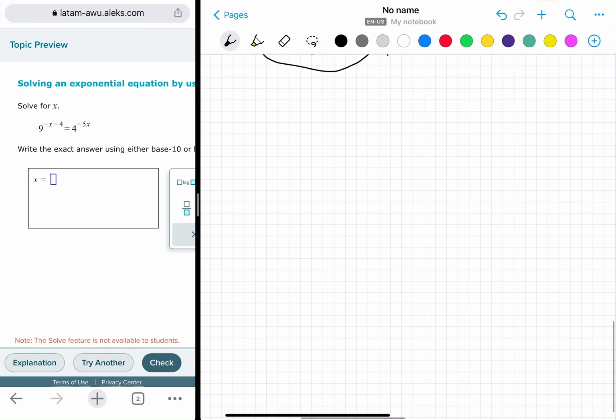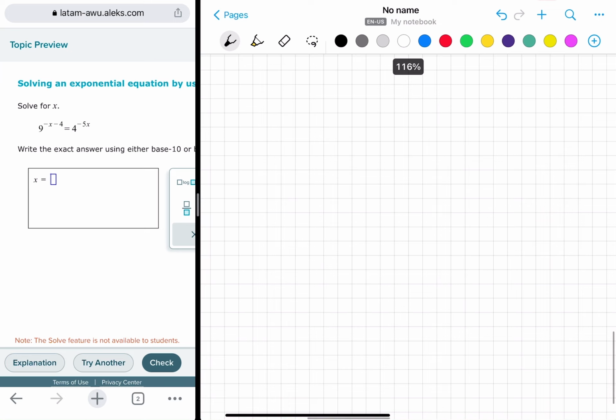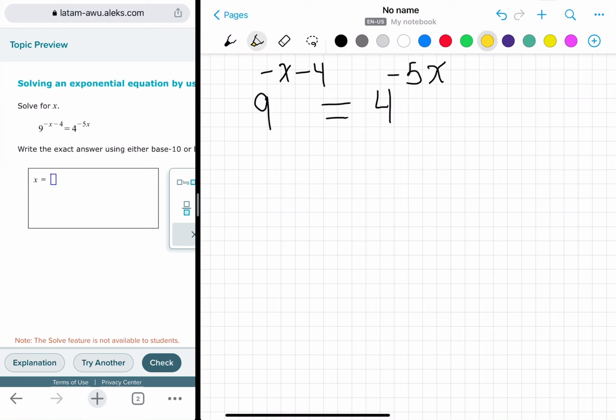So it's the same. I have an equation with the x in the exponent. So I have 9 to the minus x minus 4 equals 4 to the minus 5x. And in this exercise, you will always realize that the x is in both exponents. So what I want to do here is apply a logarithm. So I want to apply a natural logarithm to both sides